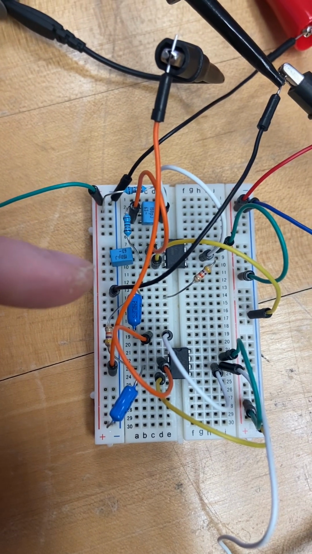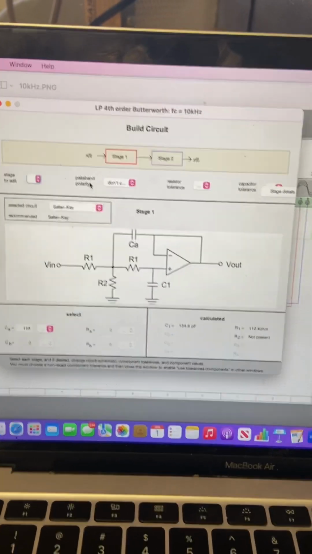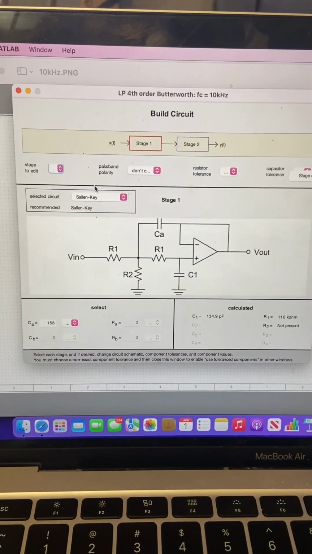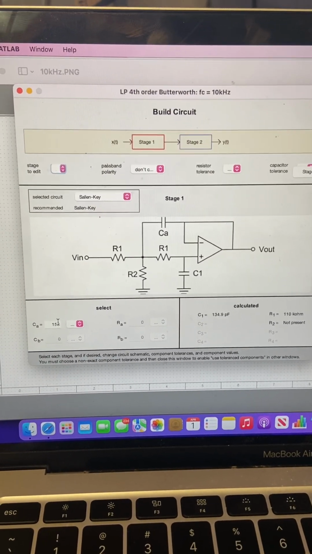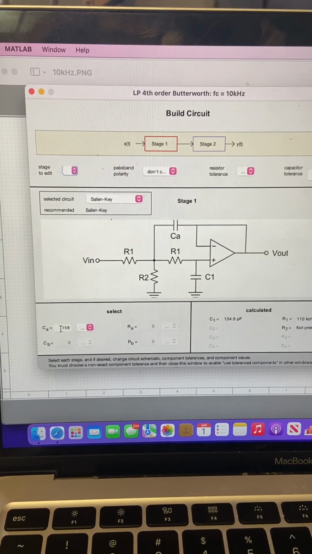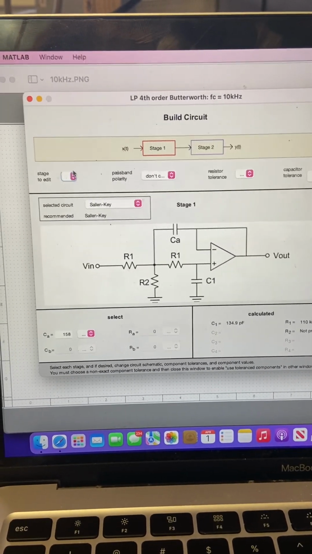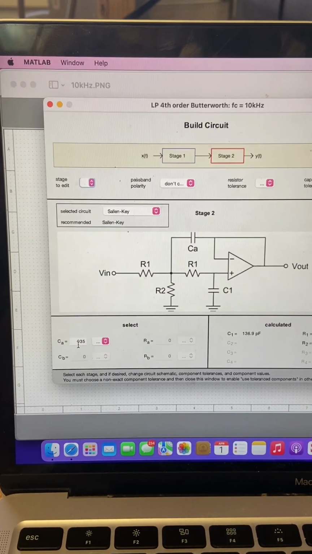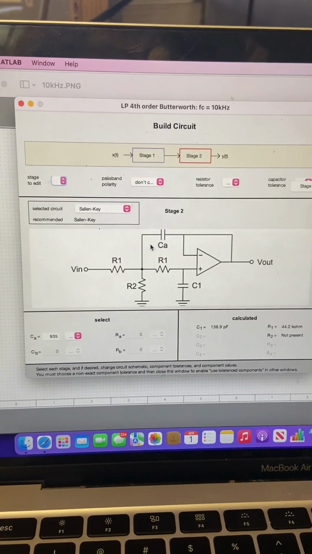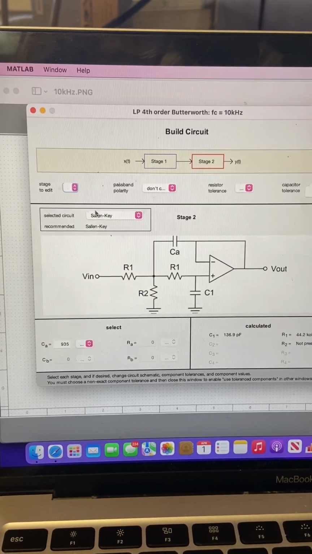I chose my capacitor values, and over here using the MATLAB AFD toolbox, analog filter design toolbox, I created a 2-stage filter. Each stage is a Sallen-Key filter. I input the capacitor values I was using. The actual capacitors I used were a 150 picofarad propylene capacitor, and in the second stage it was actually a 1 nanofarad propylene capacitor. But the values which I input here, which you are seeing at the moment, are